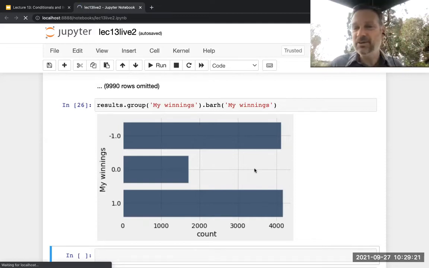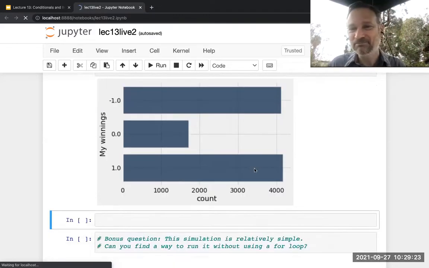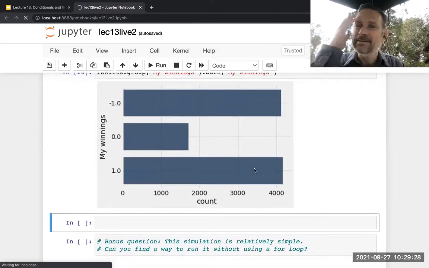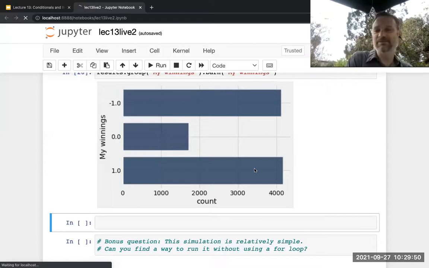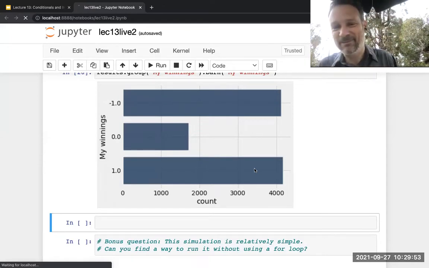Okay, so let's do another example of this. Before I do, you notice I used a for loop. I said anytime you're doing something many times, you could imagine how to do it either with a for loop or with array operations. So if you wanted to take a moment to think about a more challenging version of this, you could think about how to do this simulation without using any for loops, instead using array operations. If you're bored between this class and next class, you can think about how to do that.